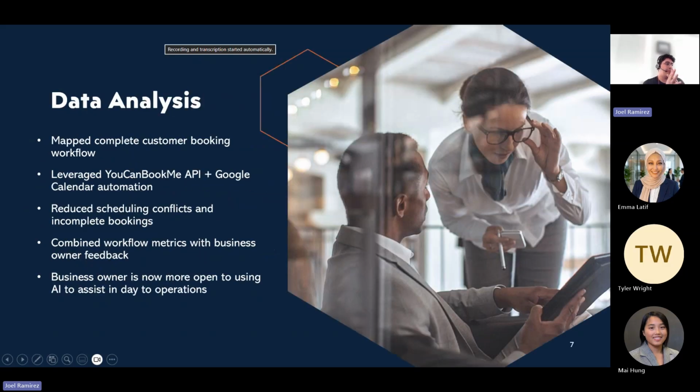For my data analysis, I primarily focused on evaluating the real world workflow improvements happening within SynPros. One thing I quickly discovered was that the previous scheduling workflow was extremely manual. The business owner was manually checking his booking page throughout the day and creating calendar reminders himself on his Google Calendar, and that was just very difficult. And even with his newly purchased program, called YouCanBook.me,